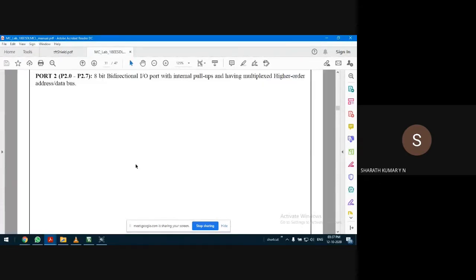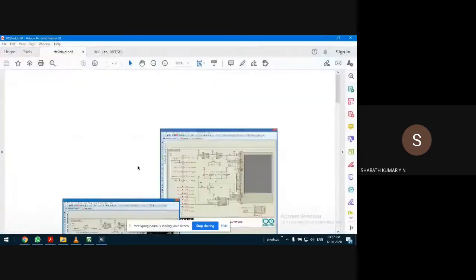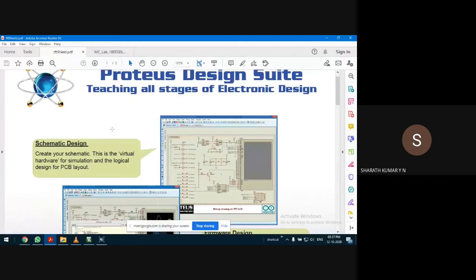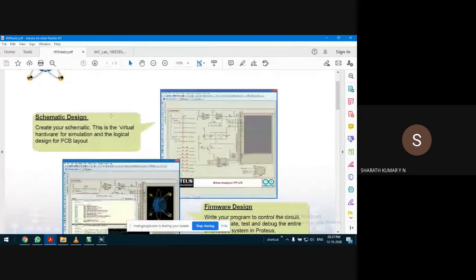So what is Proteus software, for those who don't know? Proteus is a design suite used for various purposes, like schematic design, basically logic and system design using microcontrollers or logic circuits, analog or digital.